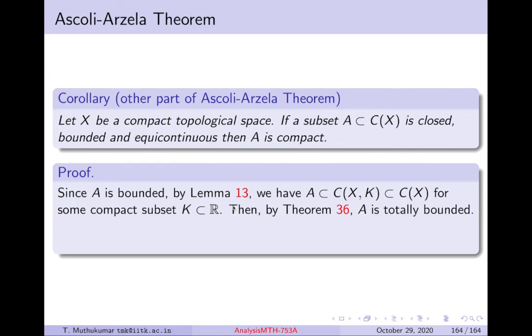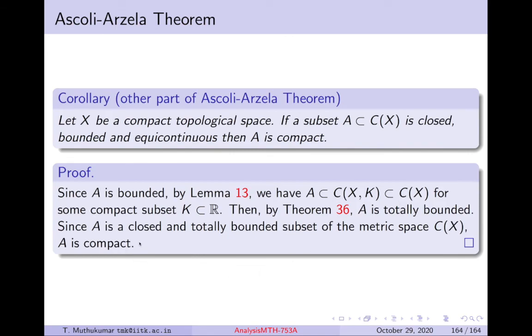Now, by the theorem before that, we had shown that equicontinuity implies total boundedness whenever the range is totally bounded, and that's what we have, a compact set here. The range is totally bounded. So by that theorem that we proved, A is equicontinuous with range totally bounded, which means that A is totally bounded. Range is a totally bounded metric space. So what we have shown is that the assumption that A is bounded and the assumption that A is equicontinuous actually gives you that A is totally bounded. A is already closed. So any closed totally bounded set in any metric space has to be compact. So that means A is compact. And that's the proof of